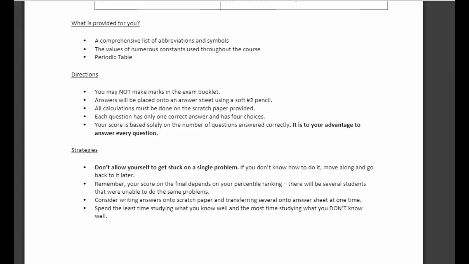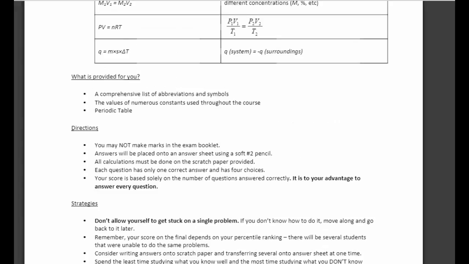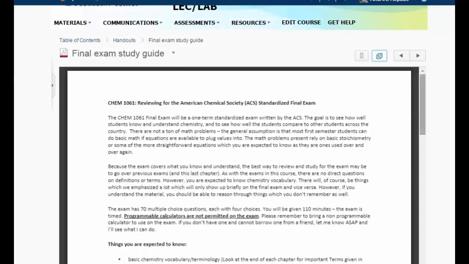Okay? Move on. Most of you will have plenty of time after you've gone through all the ones that you've done. You'll have time to go back and ponder a little bit more carefully the ones that you don't quite know, but then save yourself 5 minutes or so before the end to just make guesses on the ones that you totally don't know, and then that'll usually work out pretty well. So make sure to review that study guide. You can download it or print it from right there.